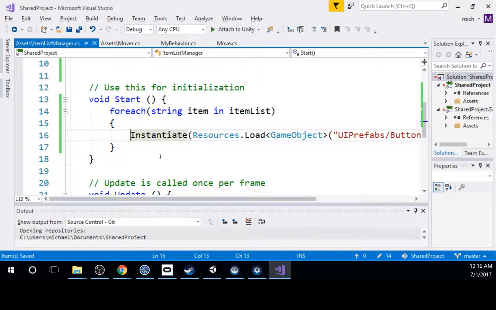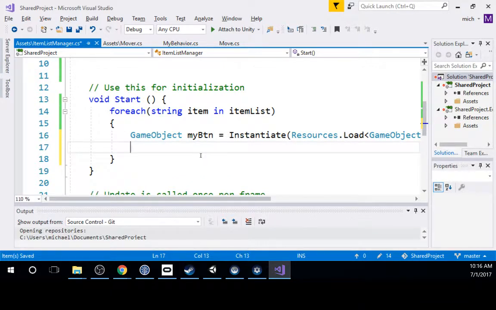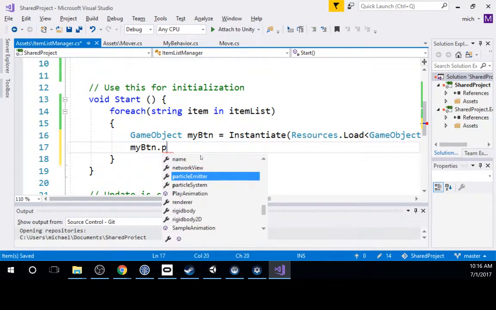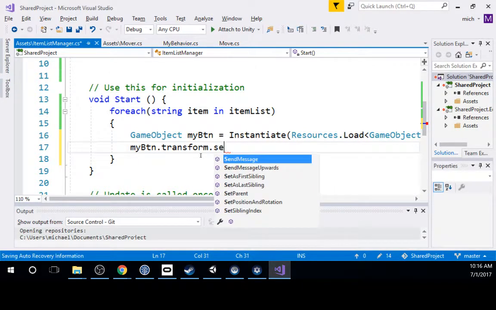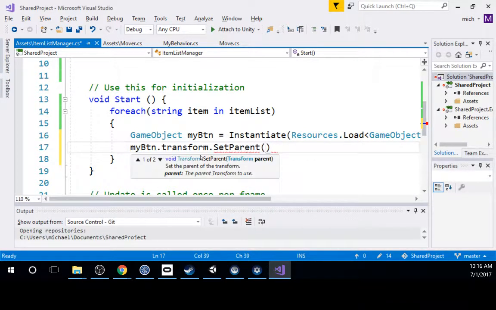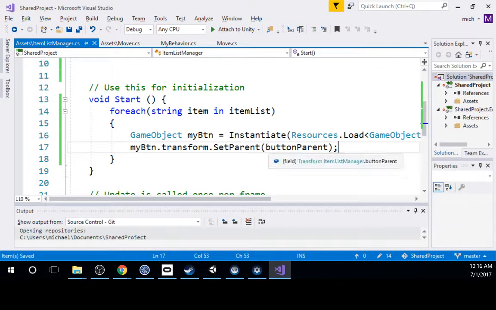We can say this instantiate returns a game object. So I'll have my button, and then we'll say my button dot transform, because we need to access the transform to set the parent. Set parent is equal to button parent. Okay. You technically can do this,